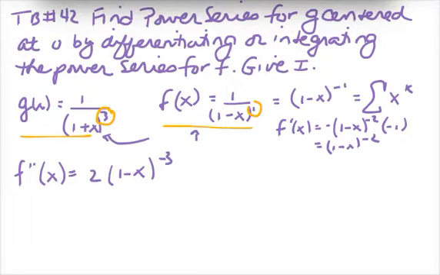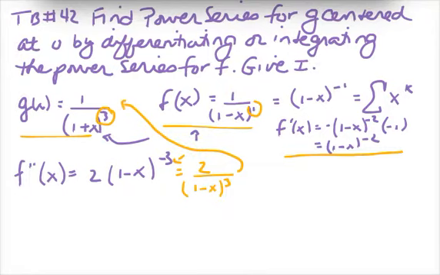So let's start by taking the first derivative of f, which is simply over here, right? It's negative 1 minus x raised to the negative 2 times the derivative of the stuff, which is negative. So that's the first derivative. Taking the second derivative, you end up with 2, and I'm going to write it as 2 over 1 minus x cubed, which gives us almost g of x,